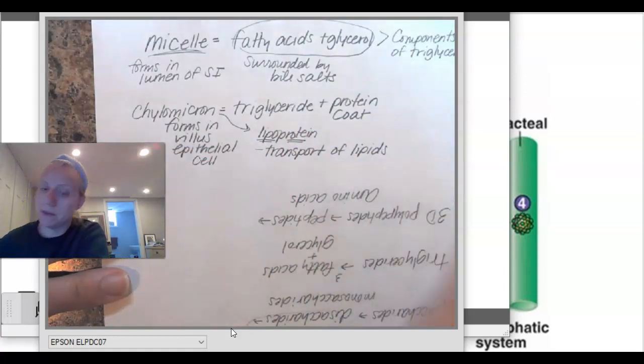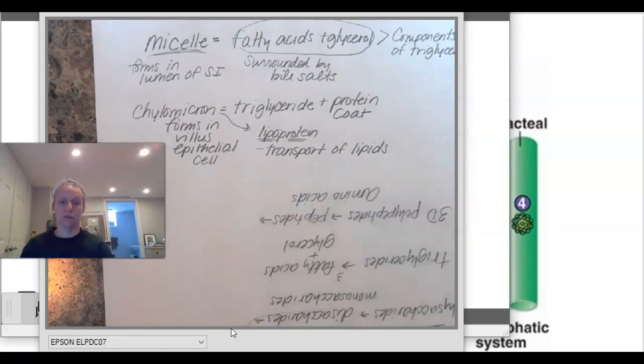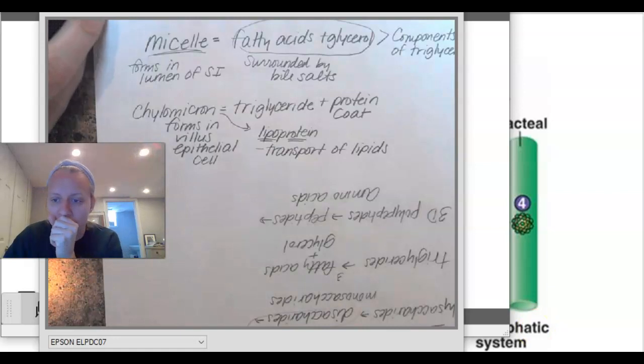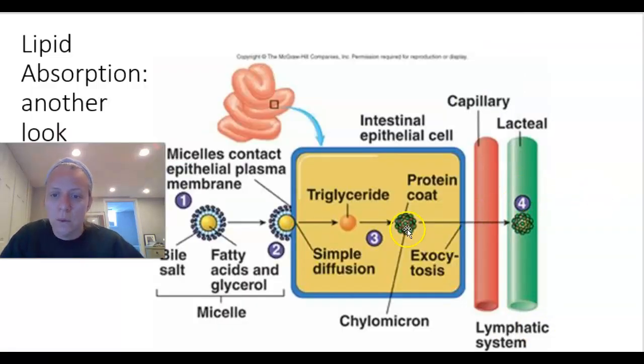This is important for lipid transport. Again, we're going to talk more about chylomicrons in the next chapter. So we have this protein coat, and take a look at how we get this chylomicron out